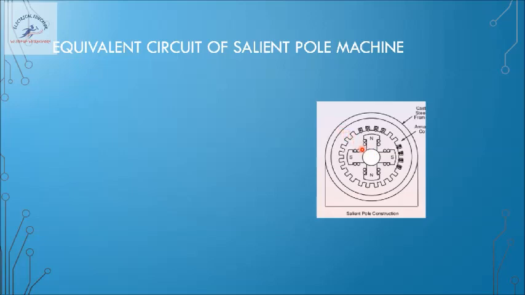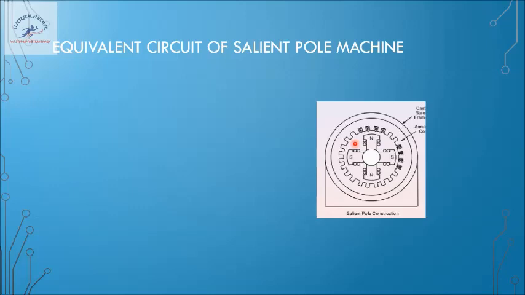Now mechanically this looks like the angle is 45 degrees, but electrically it will be 90 degrees. The direct axis flux and quadrature axis flux will always be 90 degrees electrical to each other. The mechanical angle depends on the number of poles, but in a two pole machine, electrical angle and mechanical angle are the same. So these concepts I hope you have studied while learning about alternators.